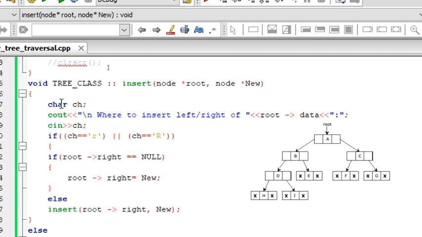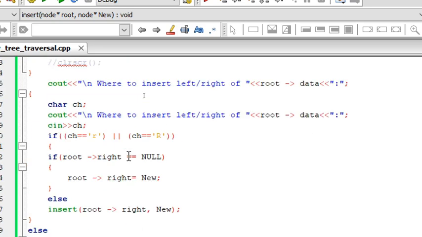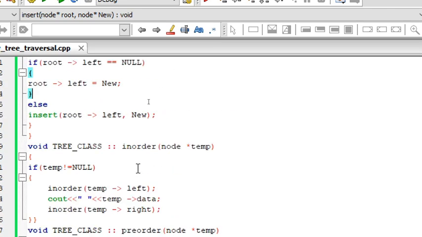This is for the right side. So in the else condition, you can see for the left side. If root points to left equal to null, you just insert the new node right below the root node. Or else, if we already have so many left nodes available, again you have to call the same function. Again the other iteration calls on. So you have to go to the leftmost side of your root. So that's your insert and create function. You have to make sure where you're going to insert your new node.